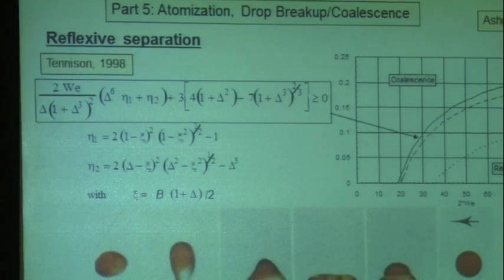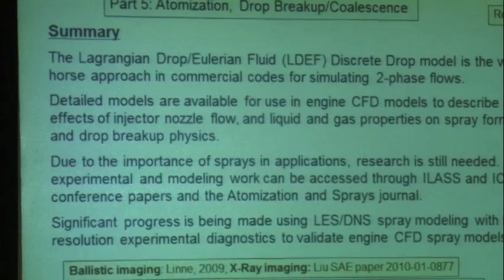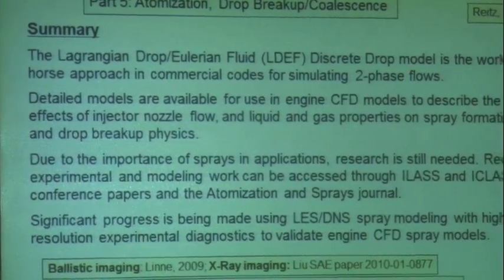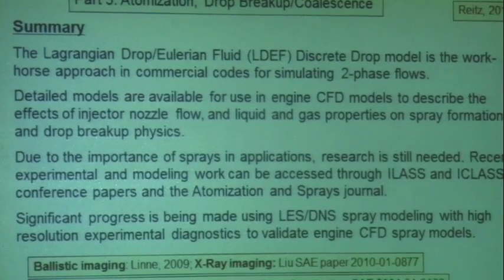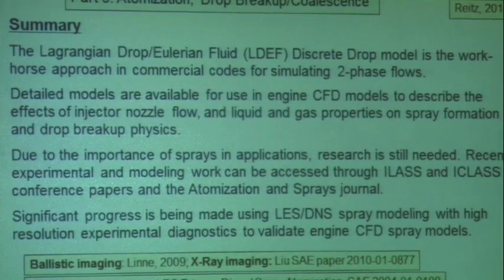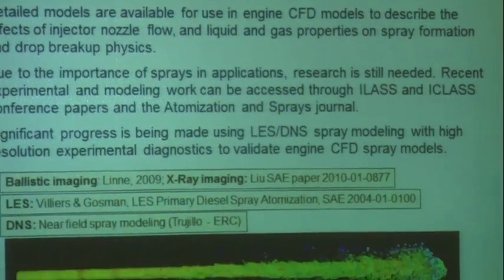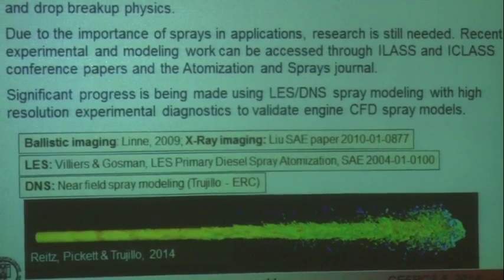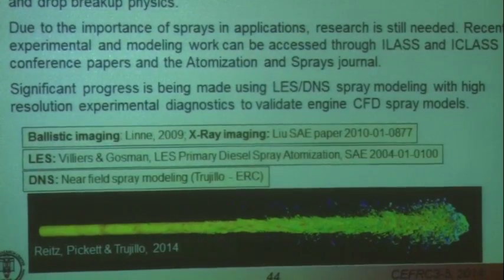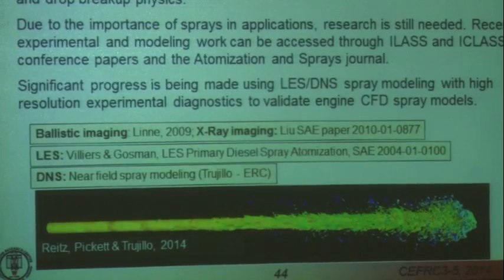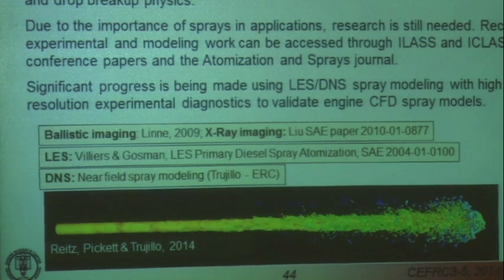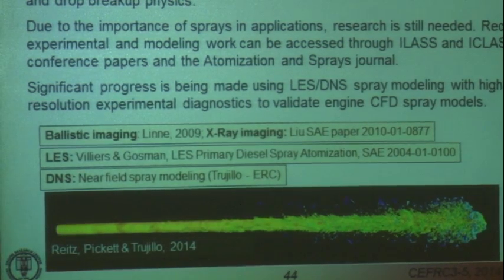Okay, so that's the collision model. And so the droplet breakup, the droplet collision and coalescence, the droplet atomization are all part of the spray models that I will be talking about more in the next part here. Lagrangian drop, Eulerian fluid, discrete droplet models. These are the workhorse models these days for commercial codes and for codes that are widely used to simulate two-phase flows. Also used in the Fluent code and various other